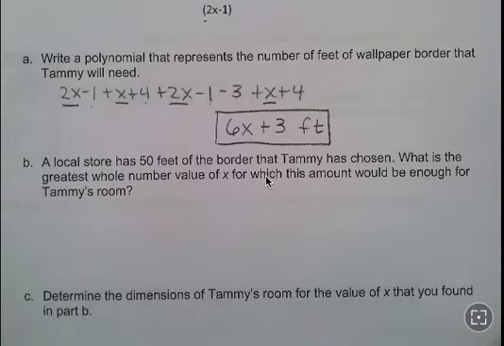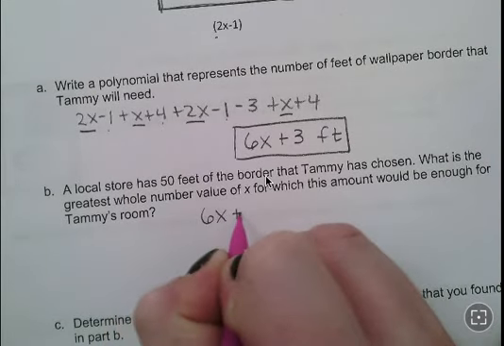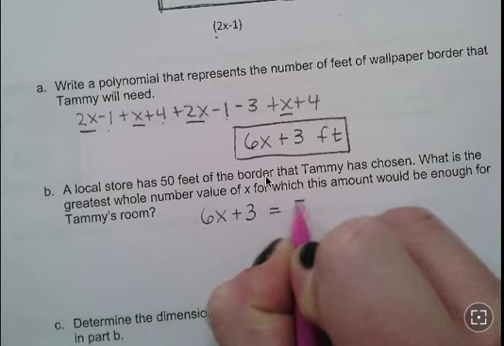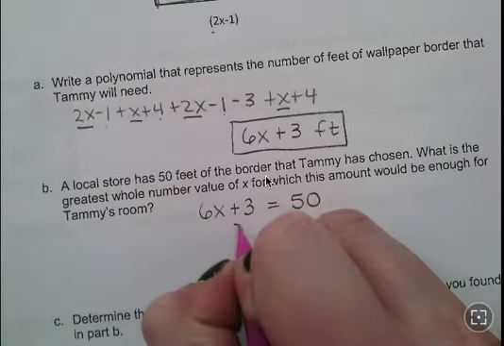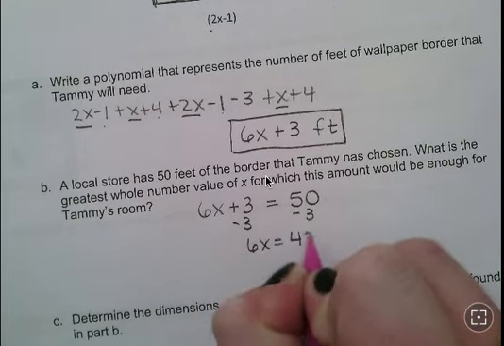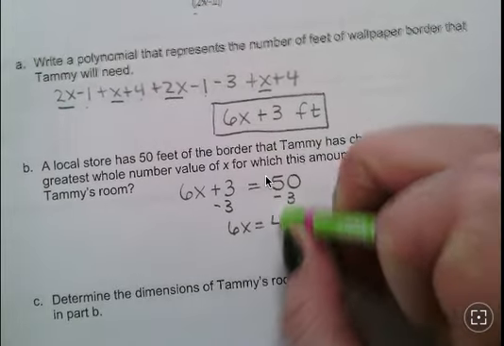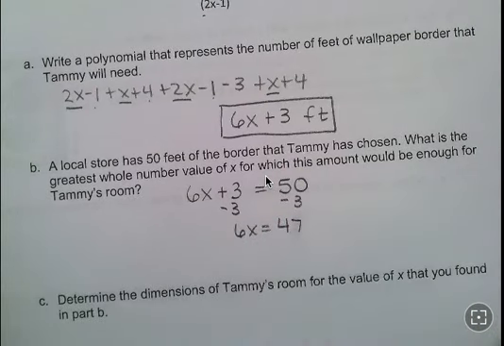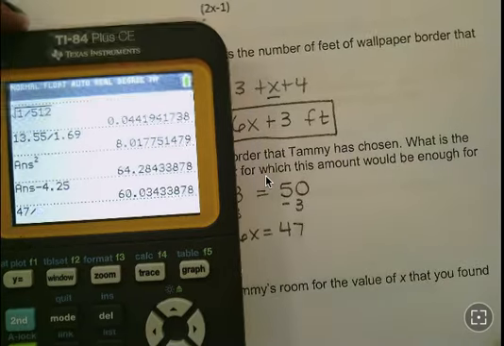A local store has 50 feet of border that Tammy has chosen. What is the greatest whole number value of x in which the amount would be enough? If we know that the perimeter is 6x plus 3, and we want that to be 50 or as close to 50 as possible, let's just see what it is if it equals 50. If we subtract 3, you're left with 6x is equal to 47. Sorry, 47. And then we go to our handy dandy calculator and do 47 divided by 6,